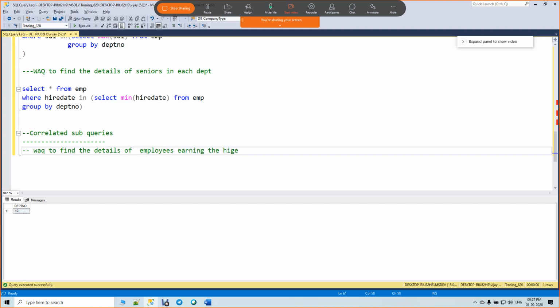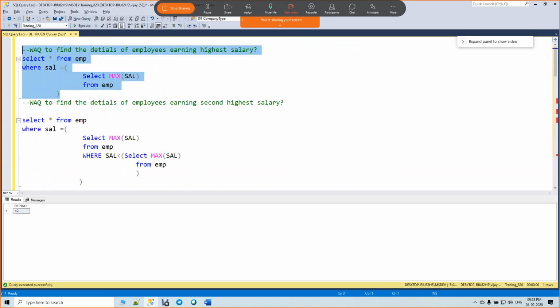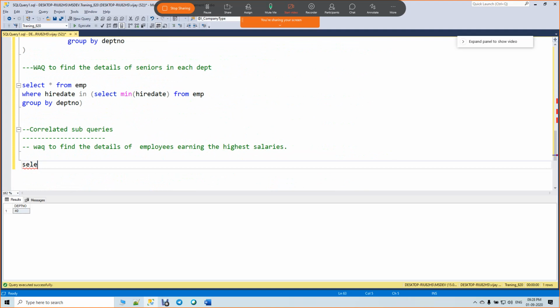We have already done this, but this one we will do using a correlated subquery. I will explain this one, and the next one you can do yourself. Using the normal approach, we found the maximum salary and got the answer. The same thing I am going to do using correlated subqueries.